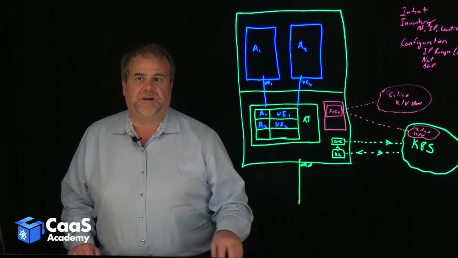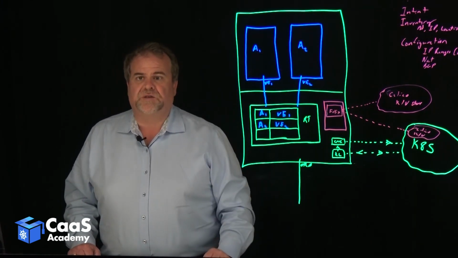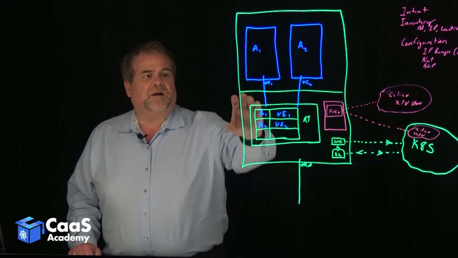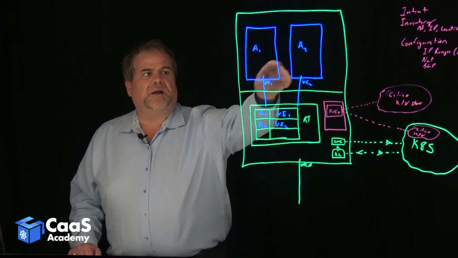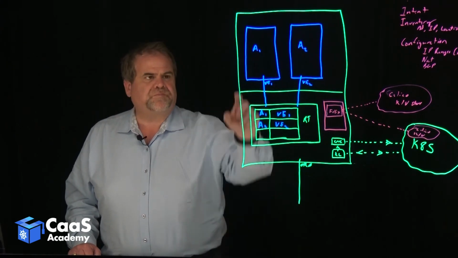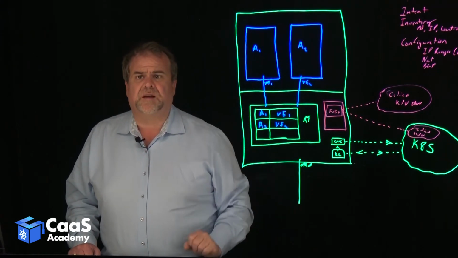And the behavior of that might change if it's on the same host or on different hosts, i.e. it might have a standard bridge here versus a routing table, and A1 and A2 ARP for each other. But if A1's trying to talk to something on another host,